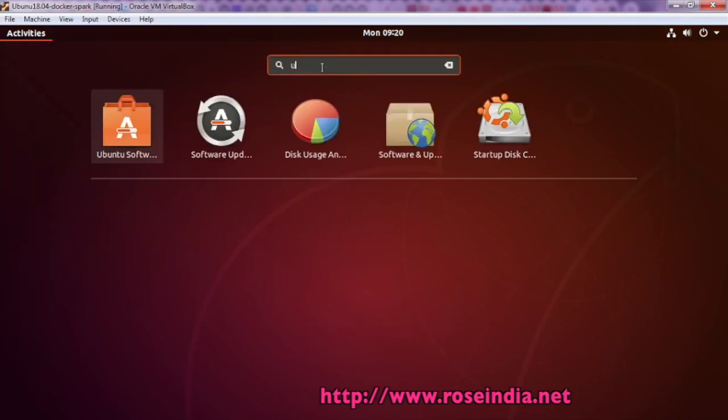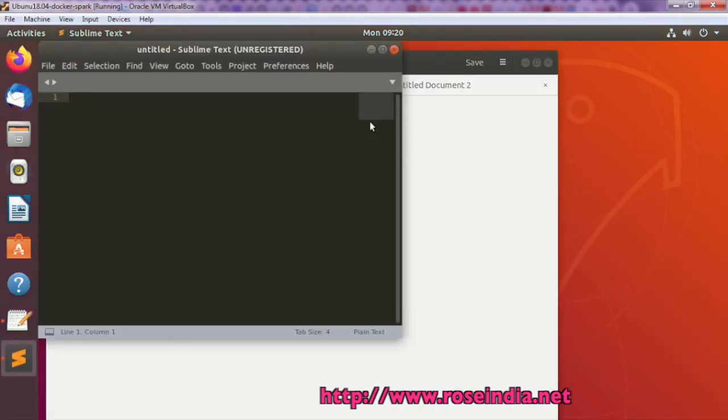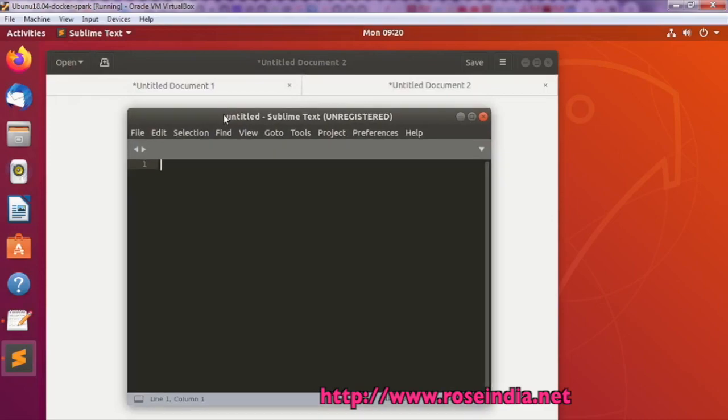search for Sublime. So the Sublime Text Editor is finally installed on your Ubuntu